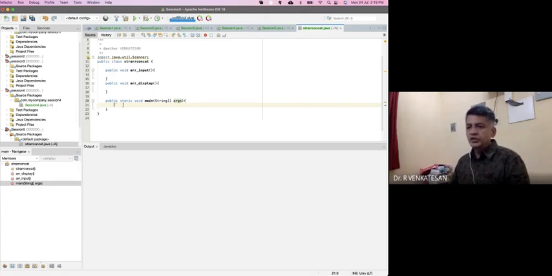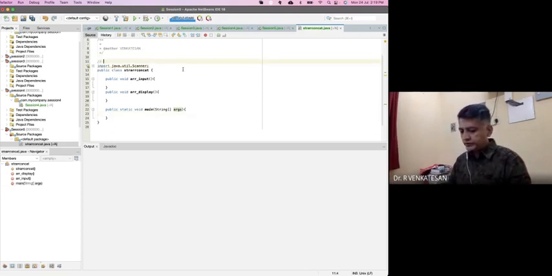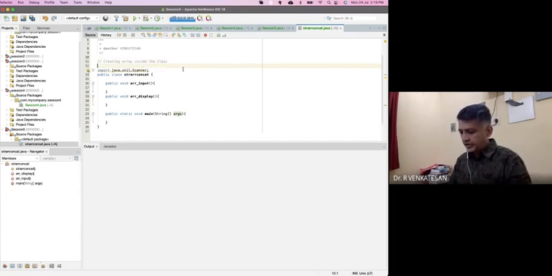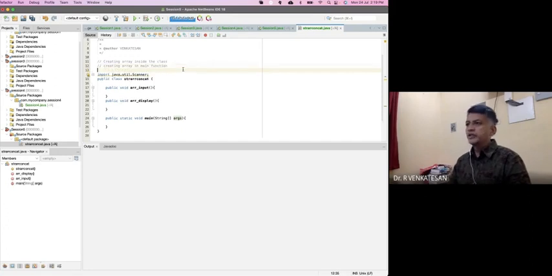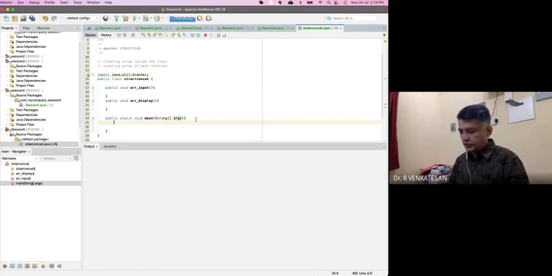Inside the main function, there are two ways I can define or declare the string array. One is I can declare inside the class. There are two ways, right? First one is creating array inside the class, right? And second one, creating array in main function, right? There are two things there. So now what I'm going to do is I'm going to do it in the main function. So here